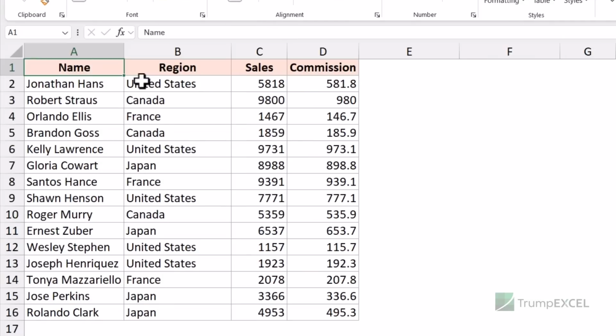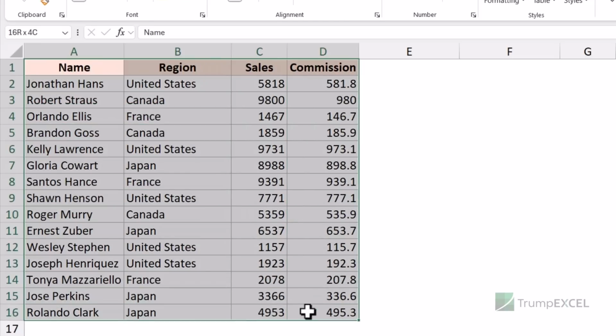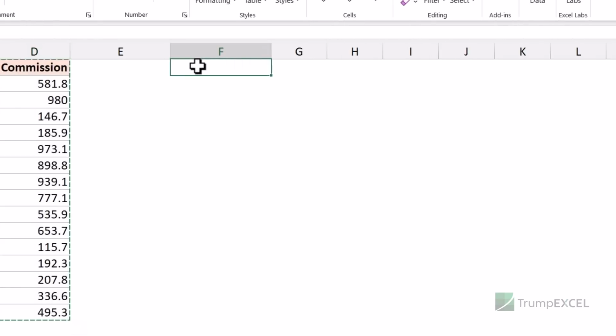Excel has a paste special option where when you copy data and you paste it, you can choose what to paste. So you can paste selectively. For example, you can only paste the column width or only the formatting or only the values using paste special. So let me show you all the options that you have in paste special. Here I have this data. I'm going to copy this data, and now I'm going to go to the cell where I want to paste it,